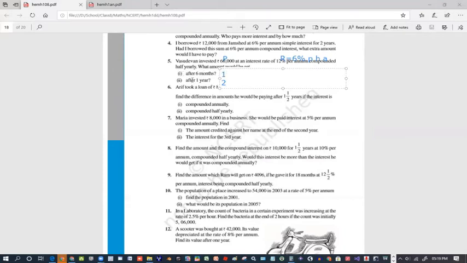So 2 half years is 1 year, and 1 half year is 1. So first find this, and then calculate for 2 half years, which is 1 year. This is written because 6 months has 1 half year and 1 year has 2 half years. So here n is 1 and n is 2. The formula will remain the same. Only the amount you have to find. So it is easy. Same formula you will use. A equal to P bracket 1 plus R by 100 to the power N.